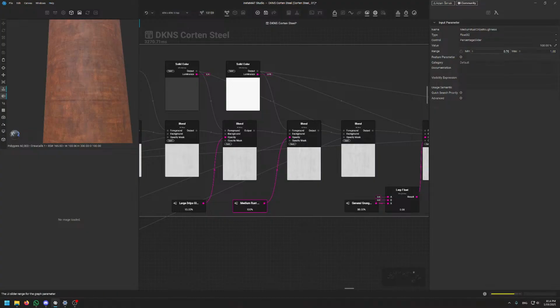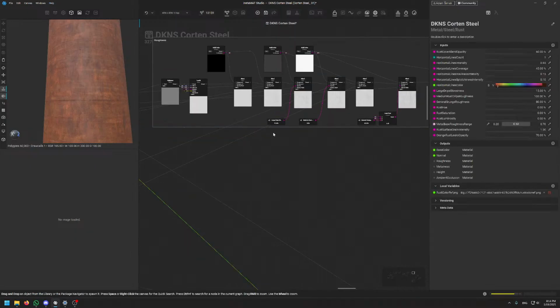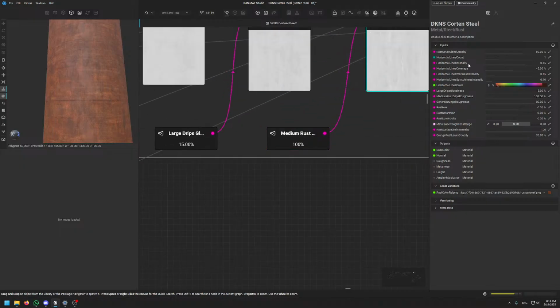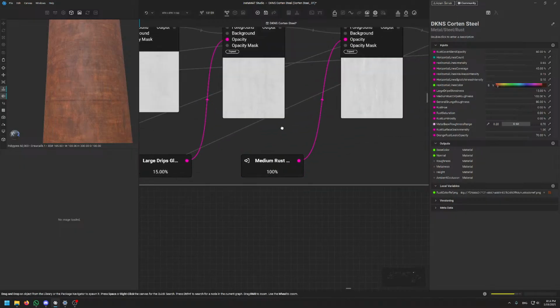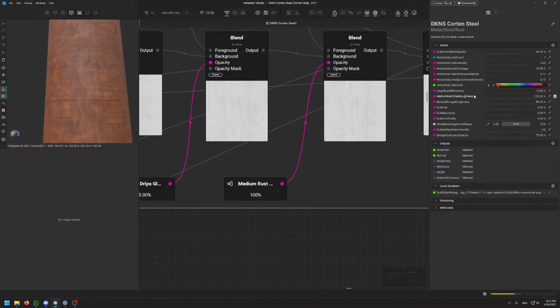Instead of going from 0 to 1, it goes from 0.7 to 1, right? But you still get in the menu, if I show you, I don't know which one this is, medium rust roughness. That's not going to be very visible, but you can see that we still have this whole slider,